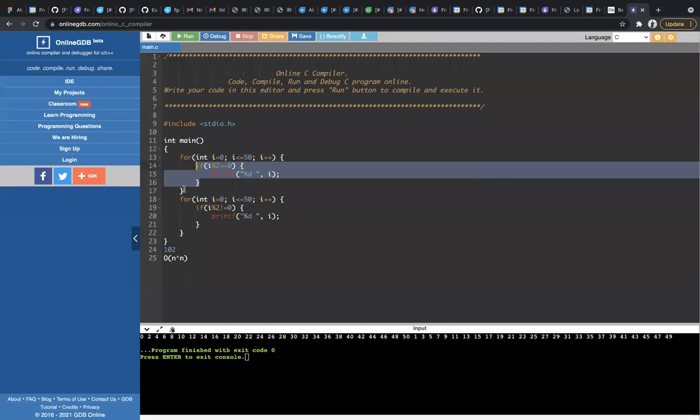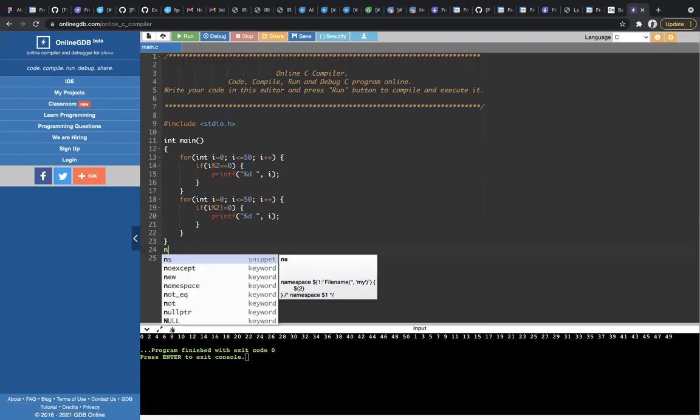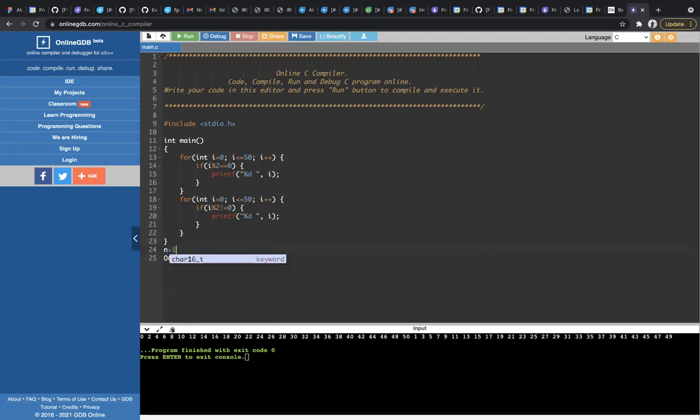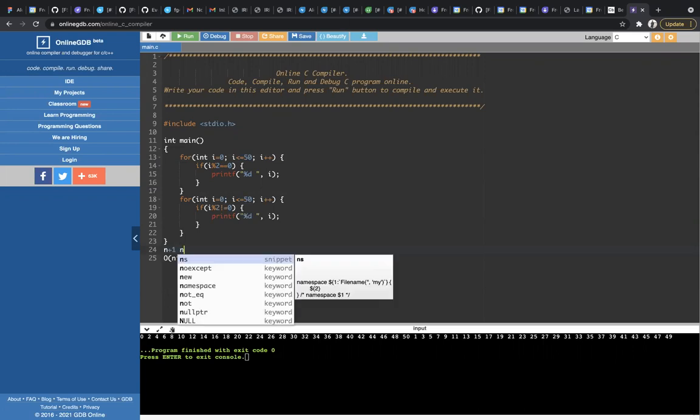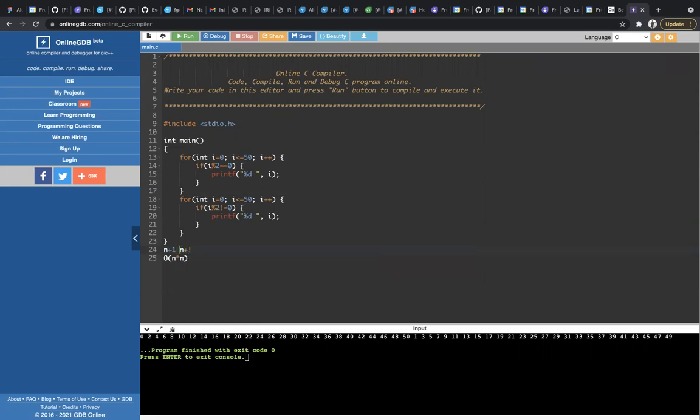In this scenario, totally 1 or 2 times the loops are getting executed. Consider n is 50 because the input is 50. How can we formulate this? For the first time it's n plus 1, right? The next time it's n plus 1. So it's n plus 1 plus n plus 1, which is 2n plus 2. This is the formula.